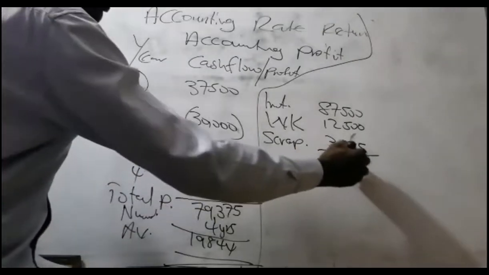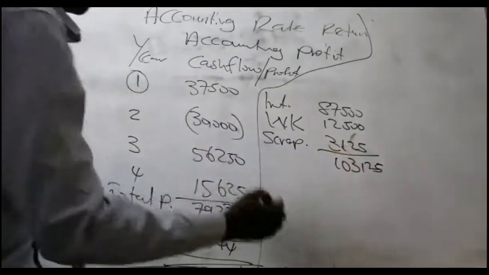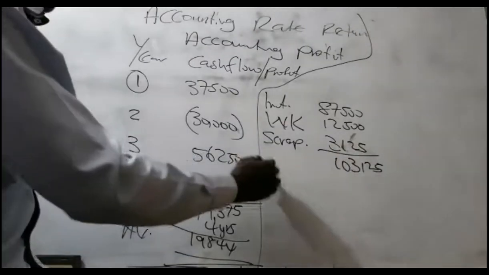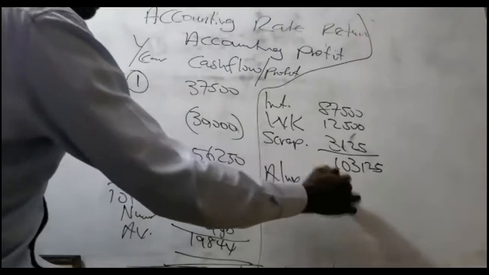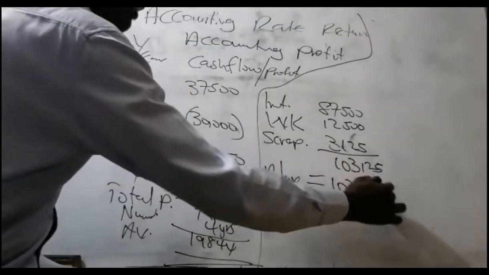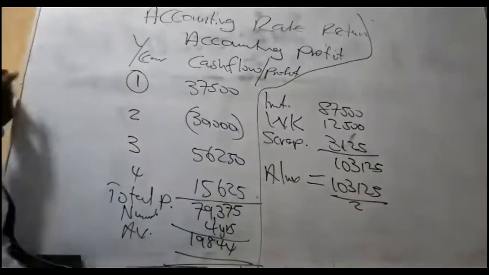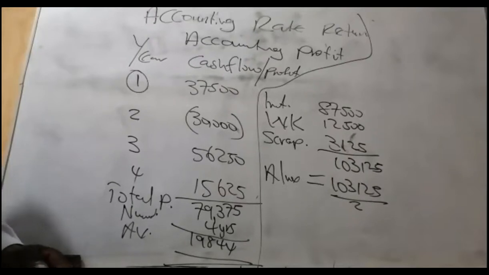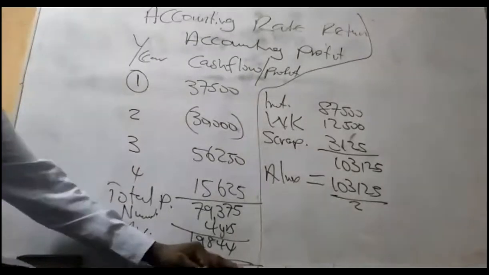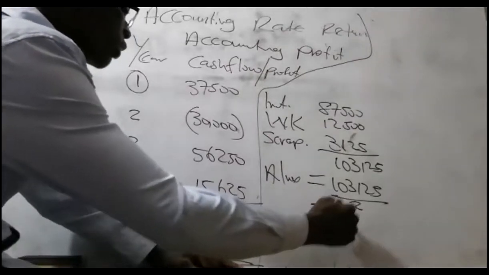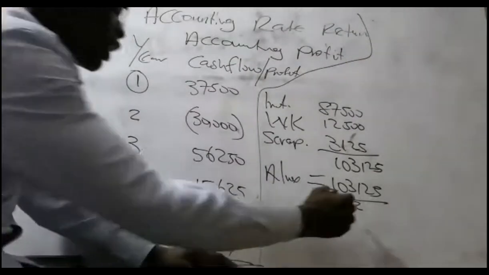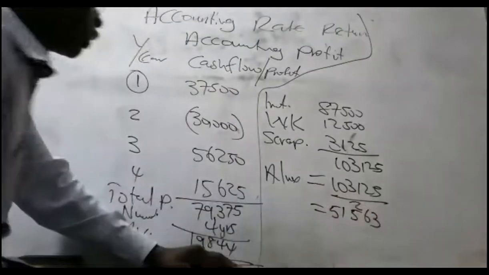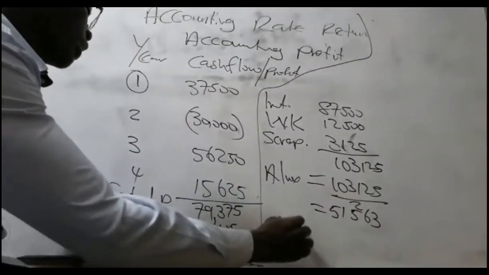So to give us 103,125. Then, therefore, the average investment will be this answer, 103,125 divided by 2. We are done. Good. That will give us 51,563. So therefore, accounting rate of return will be